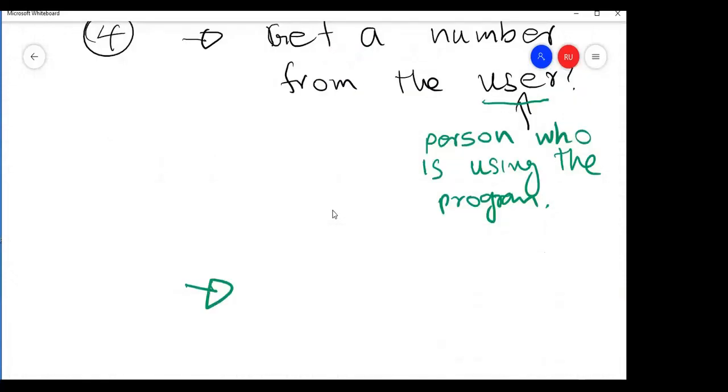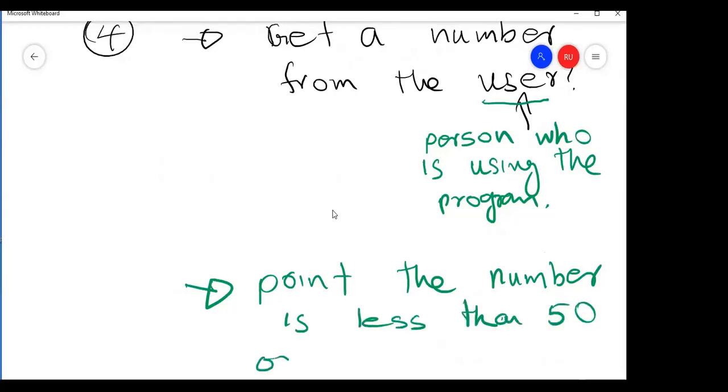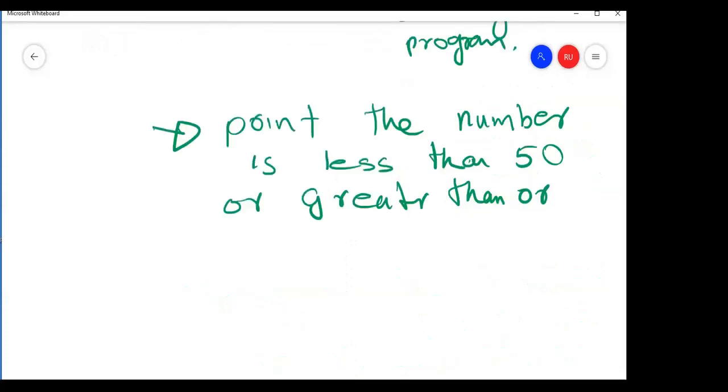So we get a number from the user, and what we want to do is print whether the number is less than 50 or greater than or equal to 50.